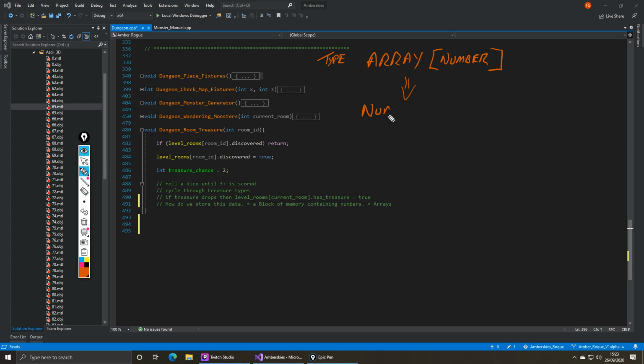So it's number times size of type equals block of memory in bytes.